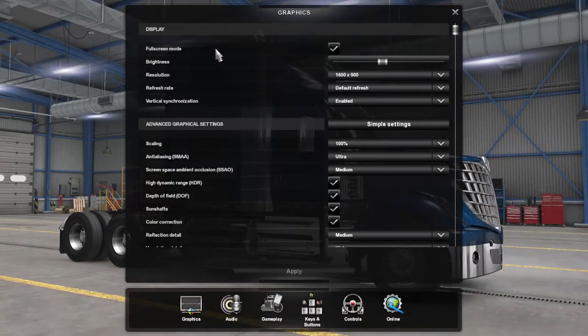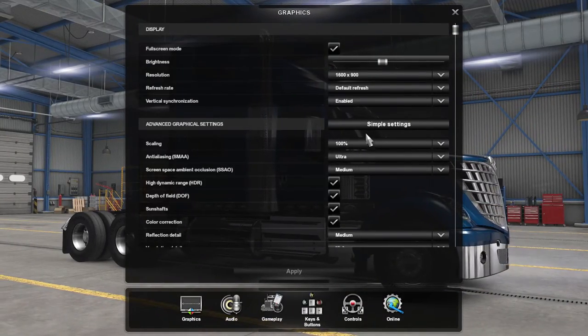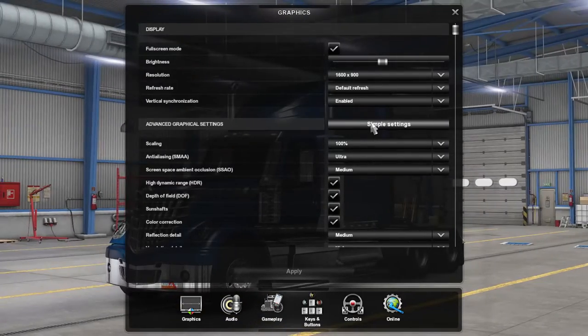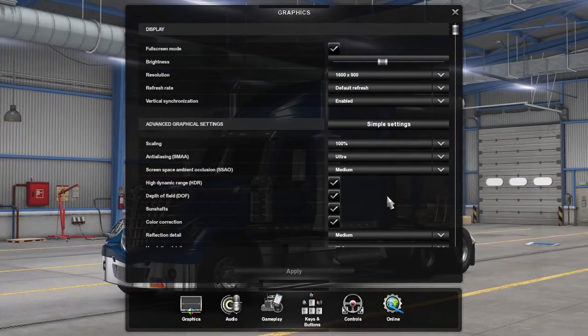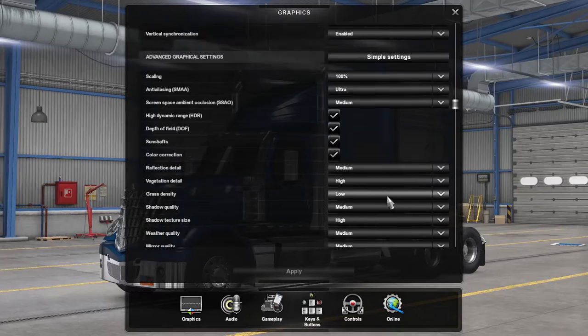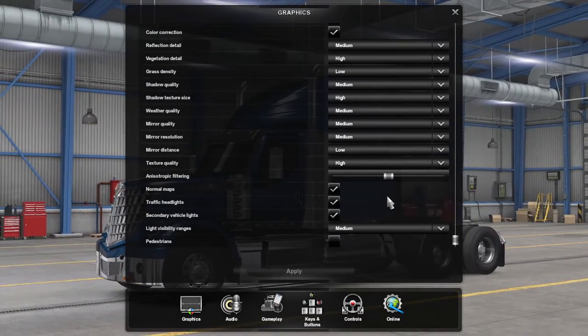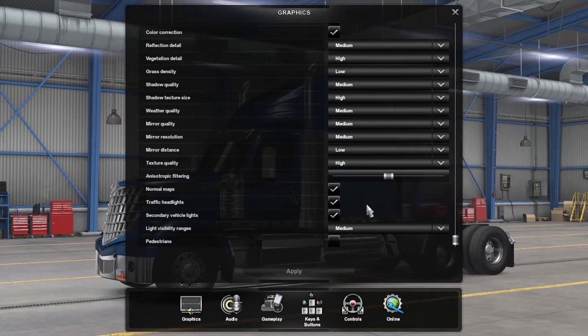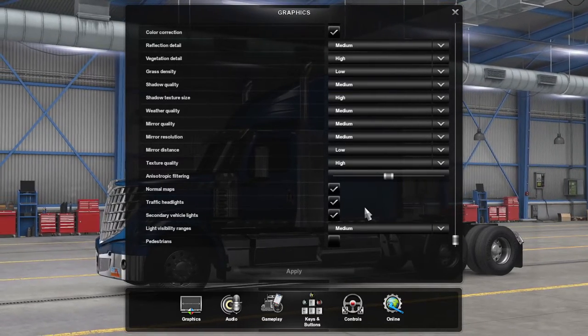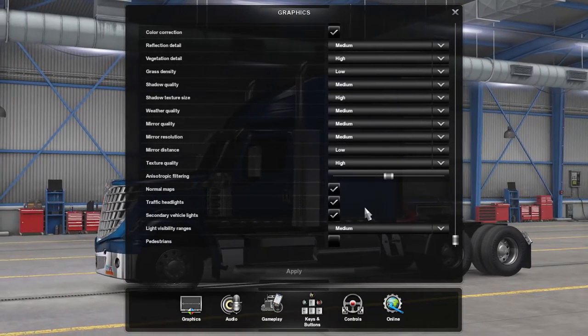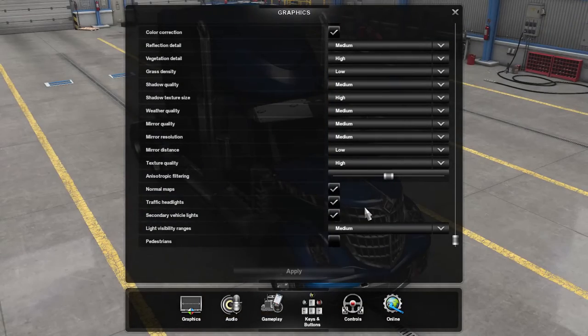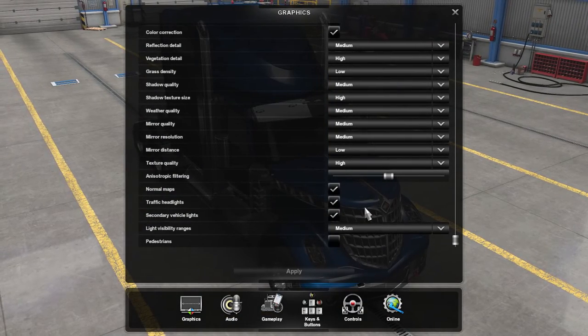So we'll start at the top. We'll go with graphics. This does come over from what has been set in the past, so I'm just double checking to make sure that I have everything as I normally like it. So to get a good frame rate, my computer's a little bit older, and my graphics card is also a little bit older. I've only got about 4 gigabytes of